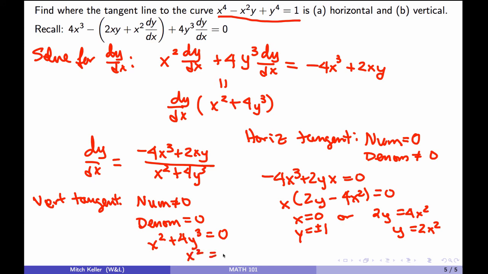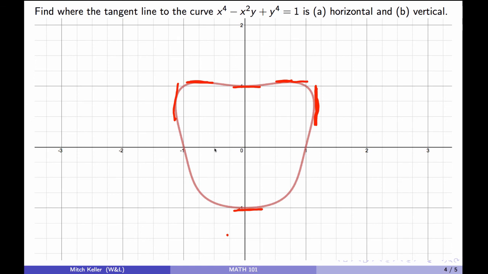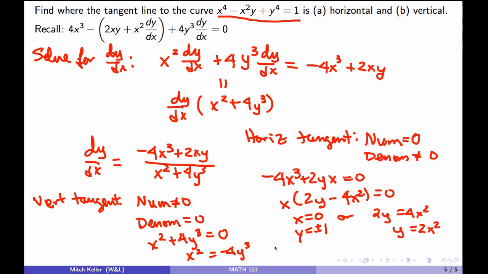or x squared equals minus 4y cubed, which again, we can put into the equation for our curve, because we see an x to the fourth, that's x squared squared, and here we've got an x squared, and then you could solve for y to find out specifically where these two vertical tangents are. That's a bit messy on the algebra, so I'm not going to go into the details right here,